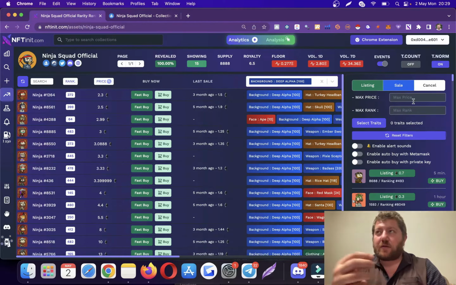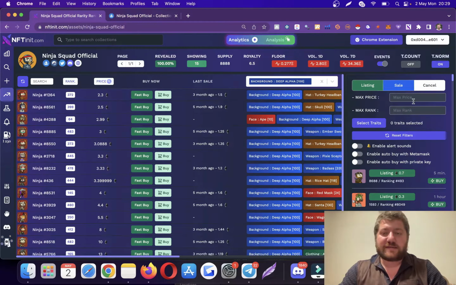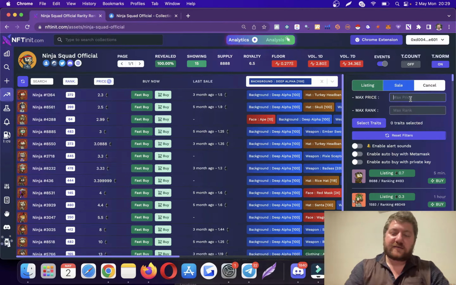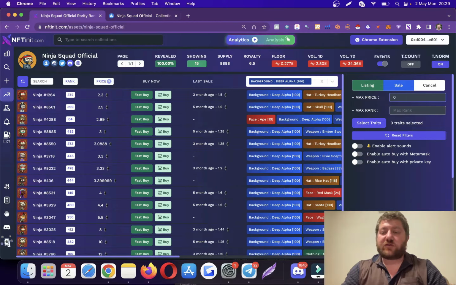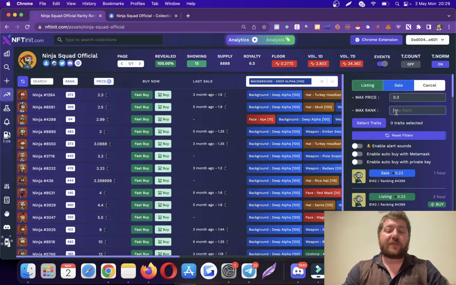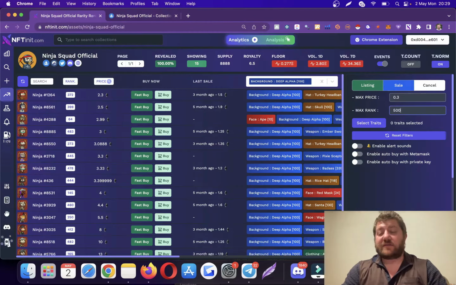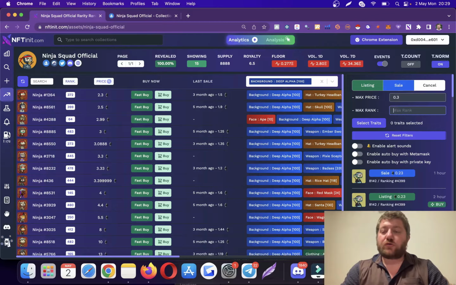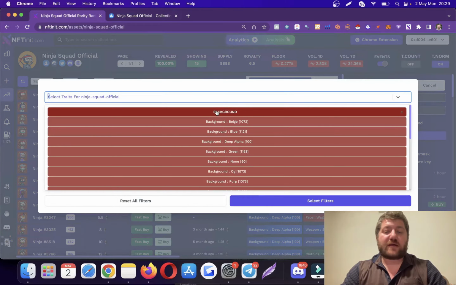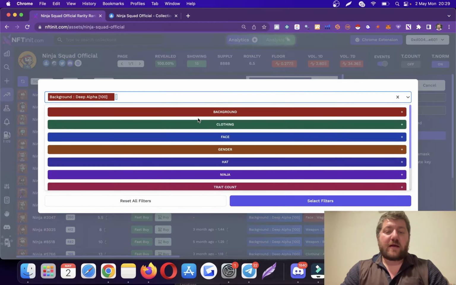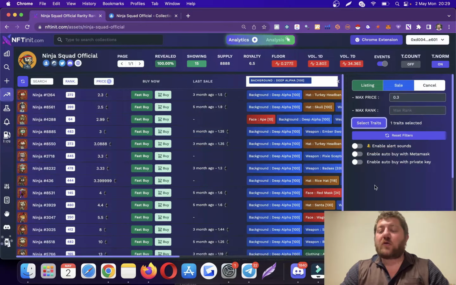When there is a collection reveal, you will see so many listings. If you remember, I had shown it to you in the scatter chart. So what you can do here is you can type 0.3 to the max price, and then you can set 500. So what the system is going to do is show you if there is an NFT that is listed within this range. Or you can select the traits. You can still select Deep Alpha here,